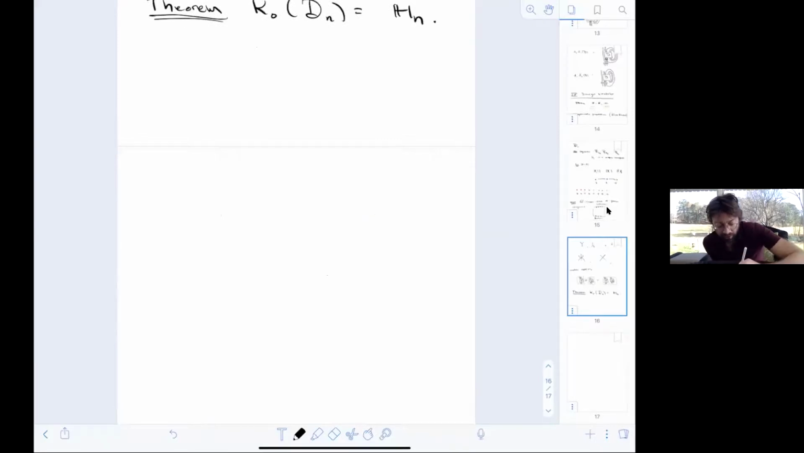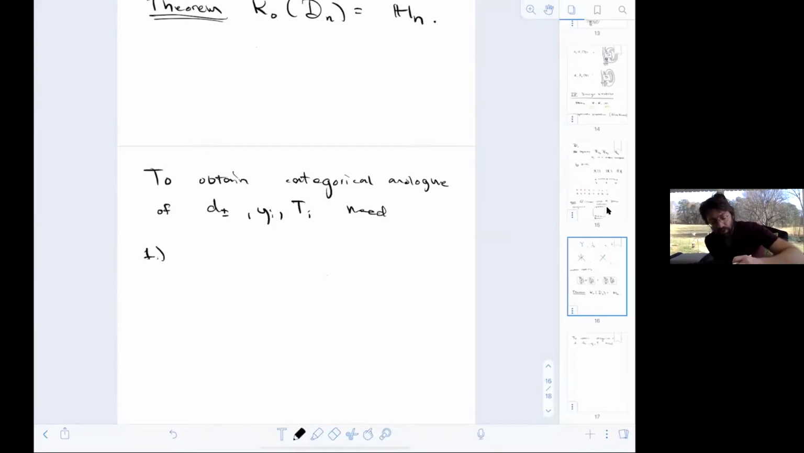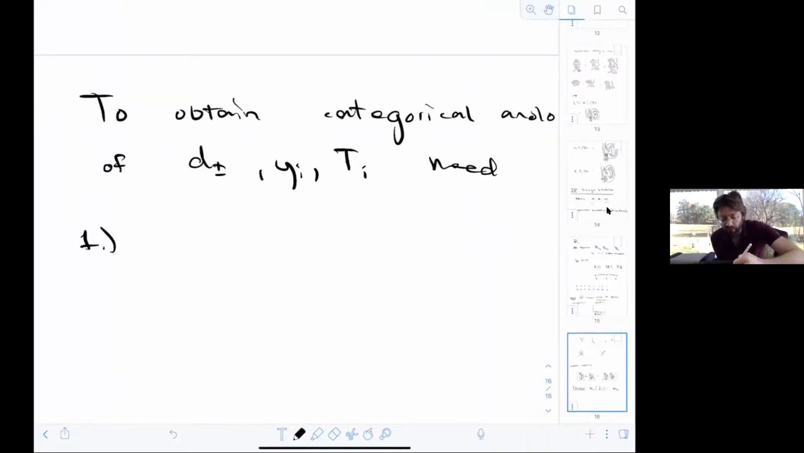So to obtain a categorical analog of this Carlsson-Mellit algebra, we need a few basic ingredients. So to obtain the categorical analog of d plus, d minus, and y_i and T_i, there's a few basic ingredients. So first off, we need to be able to,